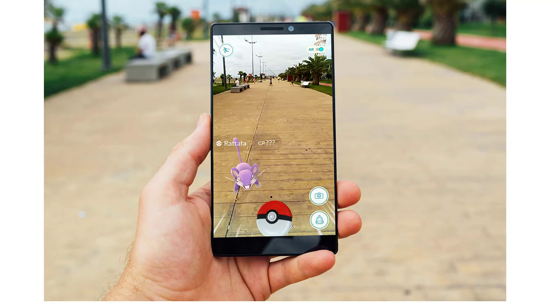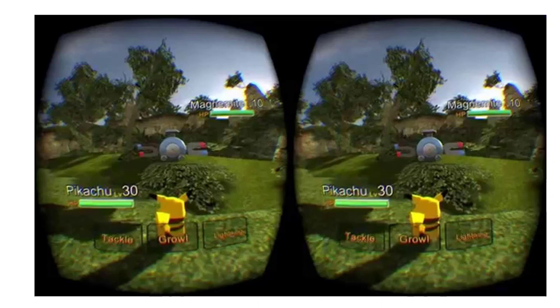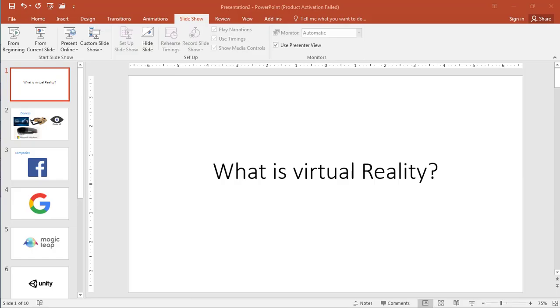But in augmented reality, you have total focus on the real world. Your real world is still the same and you can interact with it. Plus, with augmented reality, the real world gets attached to computer generated scenarios. So that is the difference between augmented reality and virtual reality. These two images will give you a total understanding of what I'm talking about. So that is the end of the slide.